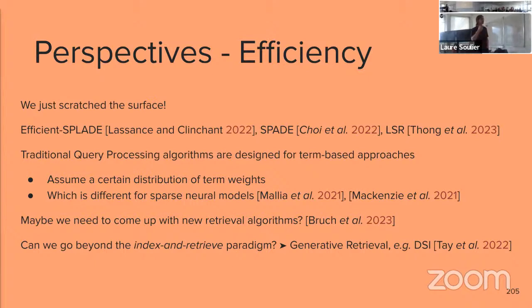And recently, some people have been working on a new class of neural IR models called generative retrieval, where everything is encoded in the model's parameters. And I think it kind of opens the path to a better optimization of these aspects.